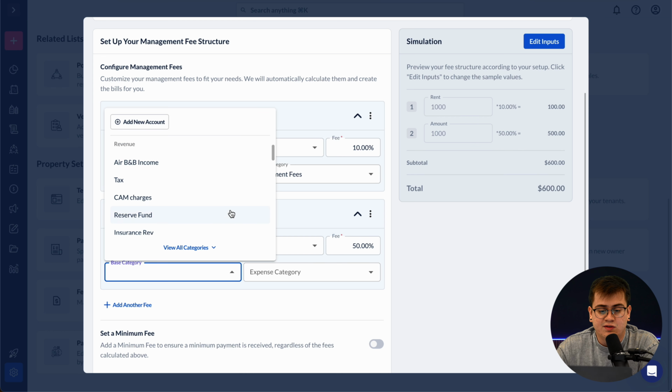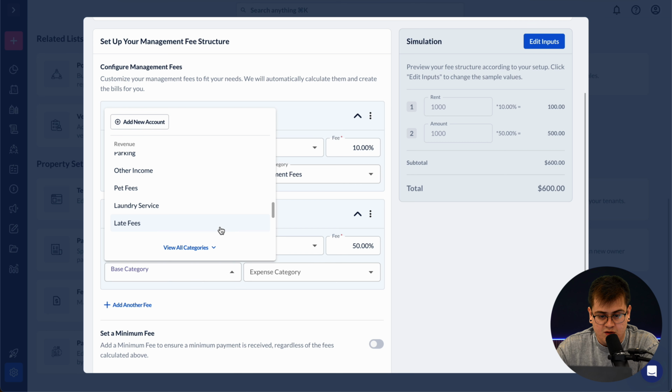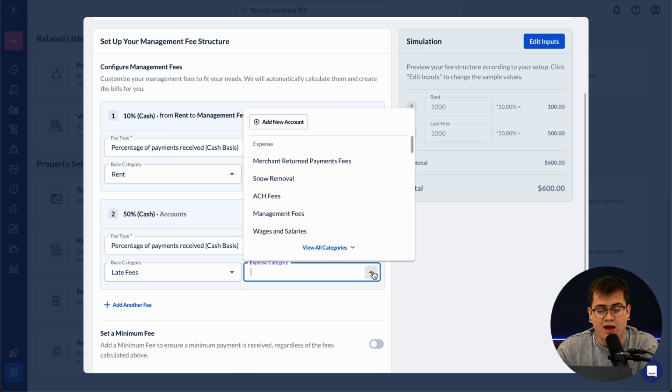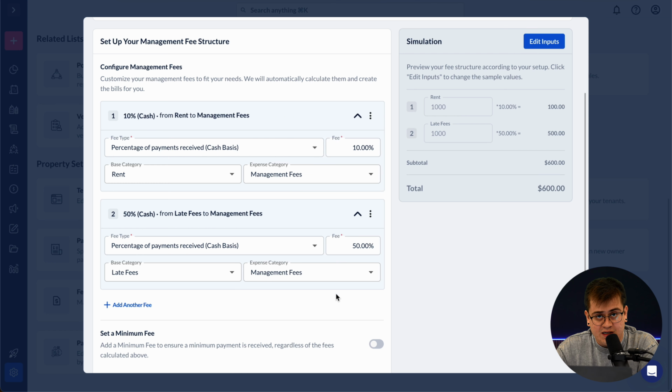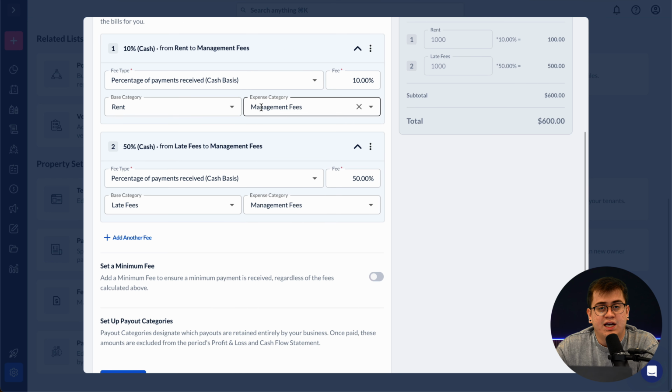And on the left, instead of selecting rent, you're going to go ahead and select late fees instead, which if we scroll down, we'll be able to find it on here. And the expense category will still fall under the same one, which is management fees. And then with this, we are saying that you are collecting 10% of rent and half of all late fees